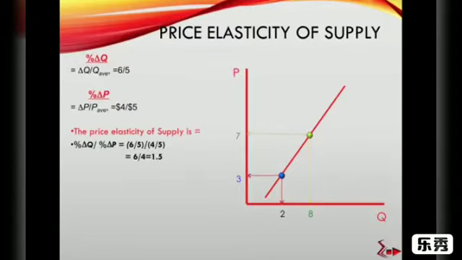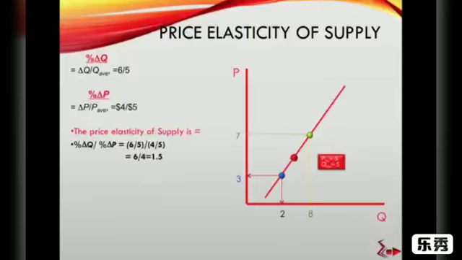Is it at the blue point, or is it at the green point, or is it the same elasticity for the supply function at all the points? Well, what you just calculated, 1.5, is the elasticity of the supply function for the average point, the average of the blue and the green point. The average price was 5 and the average quantity was 5. So what you just calculated was the price elasticity of supply of the red point here. So the price elasticity at that point is equal to